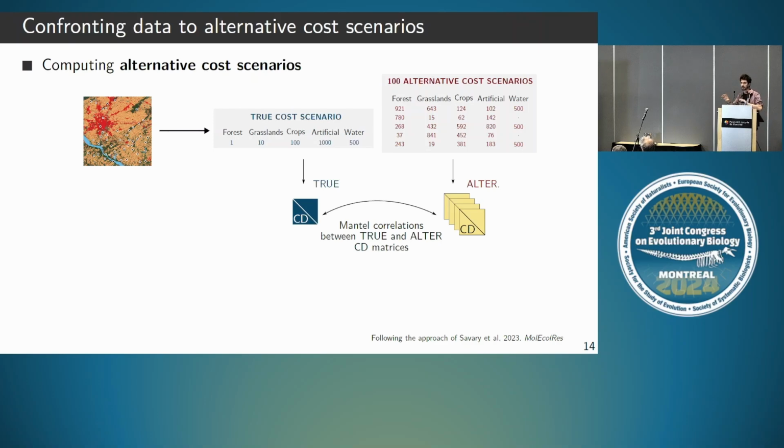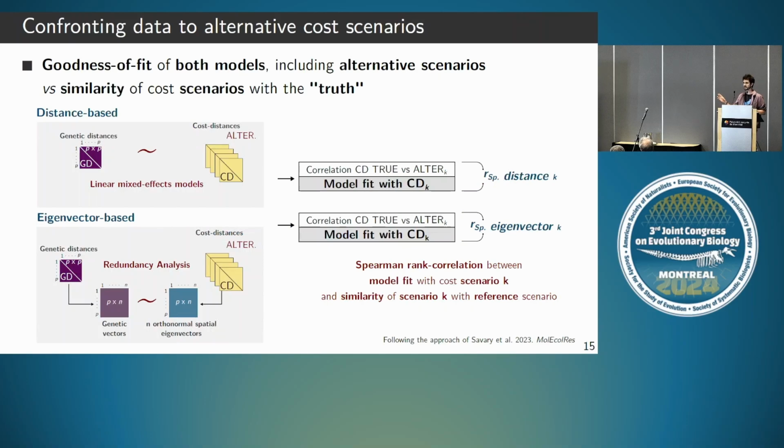So we reshuffled the cost values across land cover types to generate artifactual scenarios and other cost-distance matrices. And we assessed to what extent each candidate's cost-distance matrix related to the truth. So we had the distance from the truth of each cost scenario. And finally, we modeled the genetic distances using these two approaches in order to identify which one was the